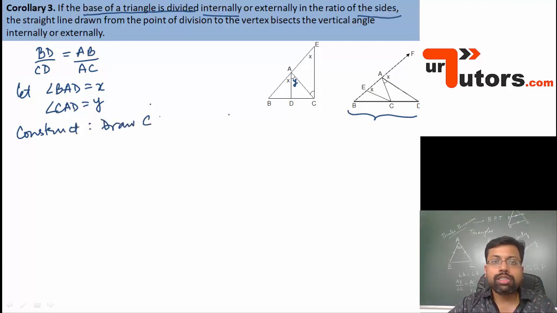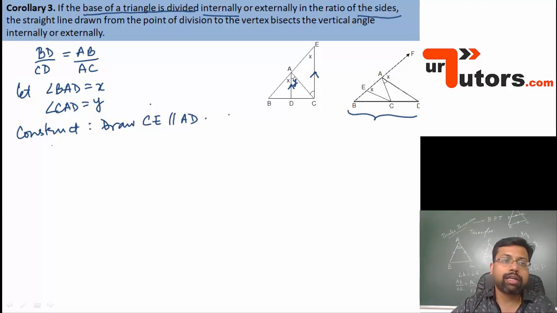draw CE parallel to AD. Just like in the last case, we draw a line CE parallel to AD, the given line AD. AD is not given to be the bisector, it's just a line that divides the base in the ratios of the sides. So we construct this and